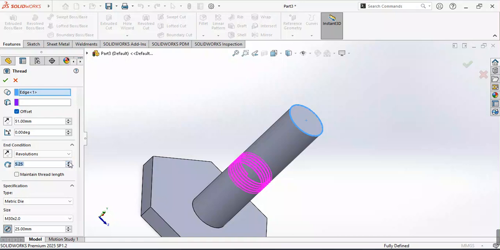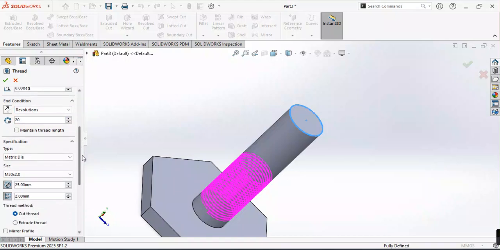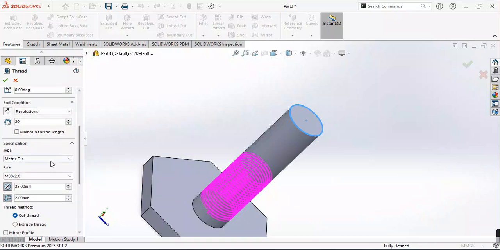So how many revolutions? You can increase the revolutions. How many do you want? You can increase the revolutions, or you can just put in the number here. If you want 20, you can just put 20 directly and hit enter. You can see that it has increased. Okay, so there are a lot of things, metric, tap, everything, inches. So that's the power of